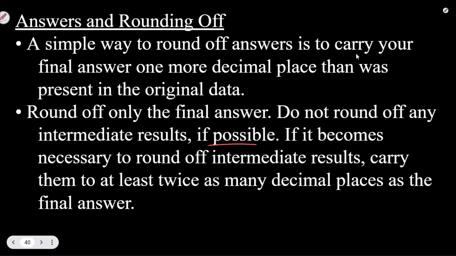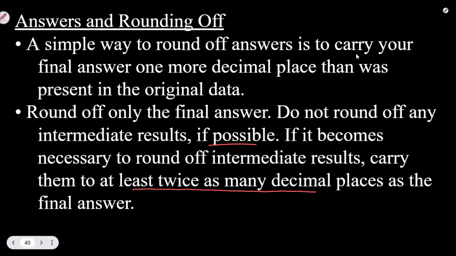Again, if possible. Sometimes we get results that are super long, and to write out all those decimals is impossible. So if it does become necessary to round off your intermediate results, carry them to at least twice as many decimals as your final answer. So again, if your original data has one decimal place and your final answer is then going to have two decimal places, if you've got to round off stuff in the middle, then you're going to want to keep four decimal places. And that's going to be important as you start giving numerical and statistical answers in MyOpenMath, that you